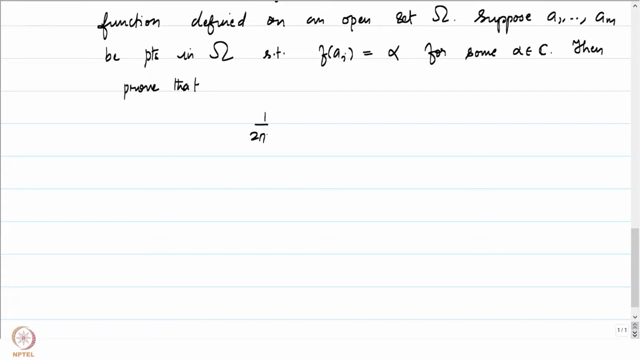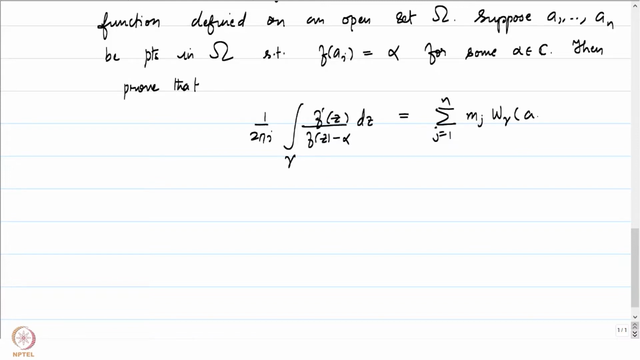1 by 2 pi i integral of f prime of z by f of z minus alpha dz is equal to the summation, so let me not call it m, let me call it n, j equal to 1 to n, mj times the winding number of gamma around aj. So there are many things which have to be explained, where gamma